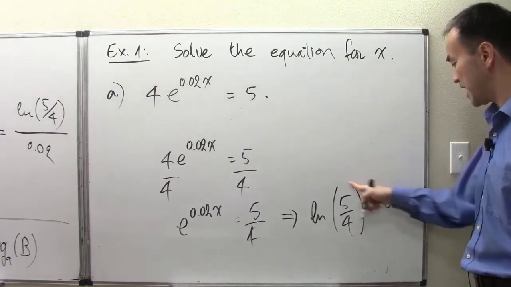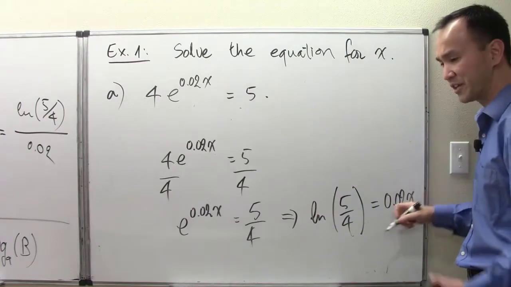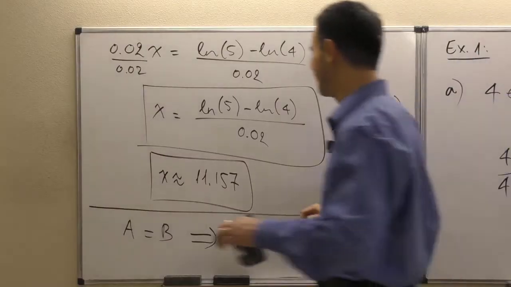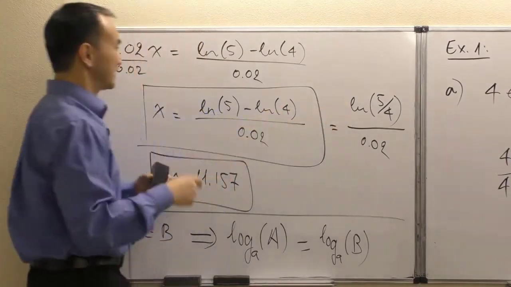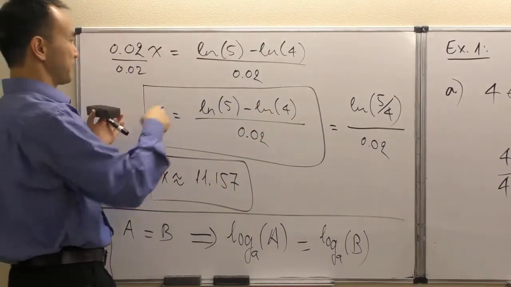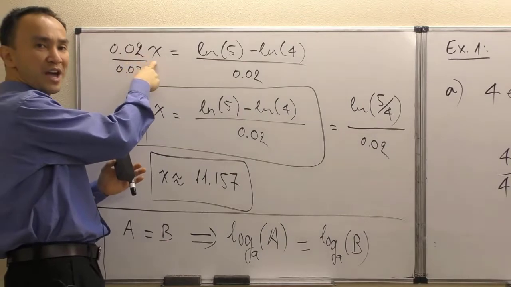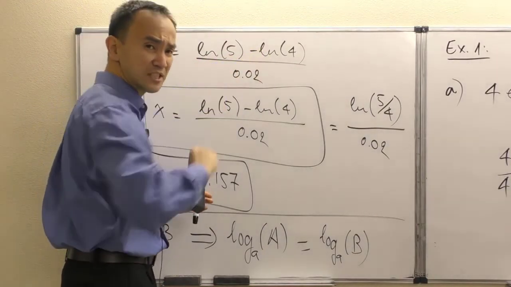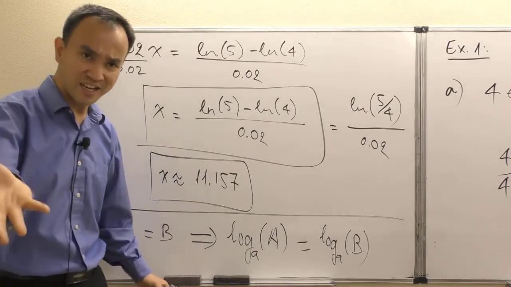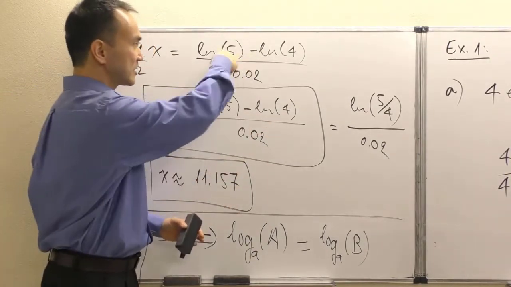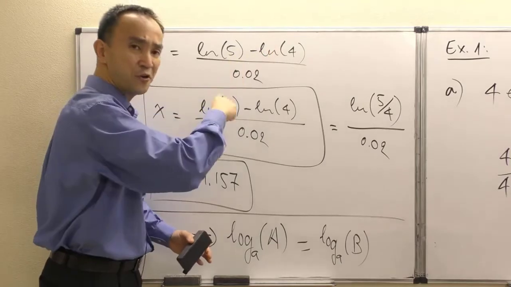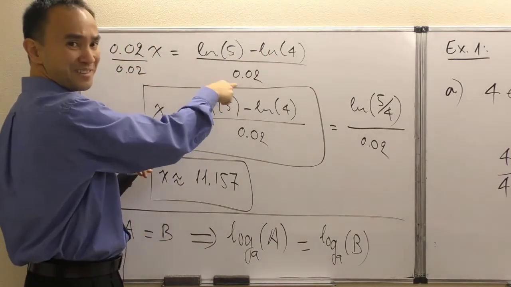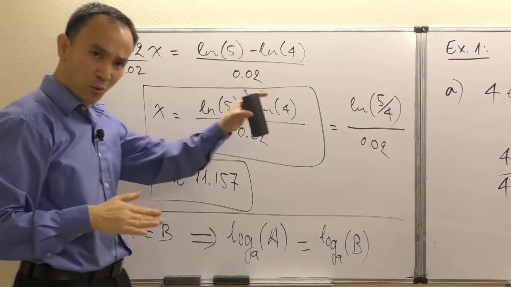And so this step right here truly is the same as this step. Because think about this step where I have 0.02x equals natural log of 5 minus natural log of 4. With our understanding of the properties of log, natural log of 5 minus natural log of 4 is the same as natural log of 5/4. And so when solving for that, I was dividing both sides by 0.02. Okay, and so with an equation like this,